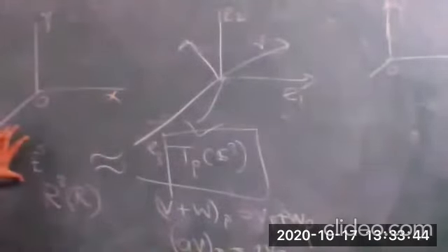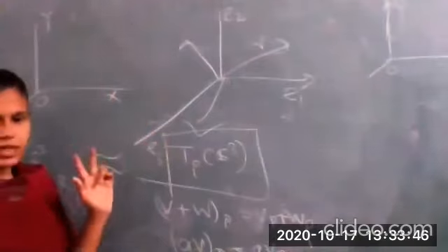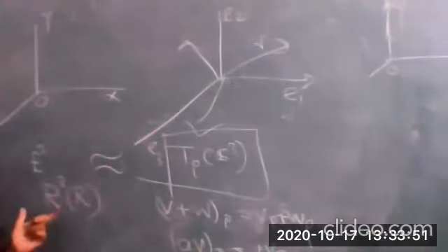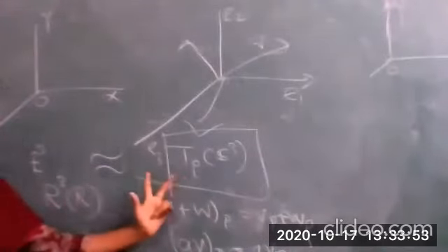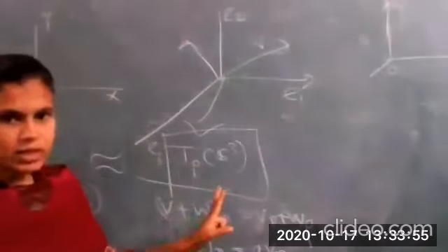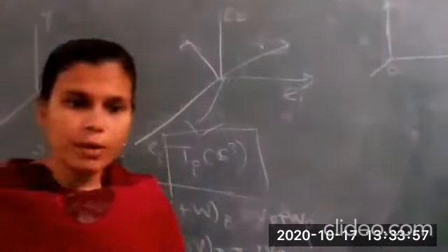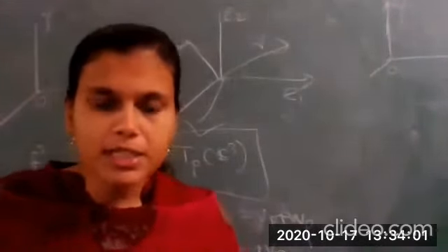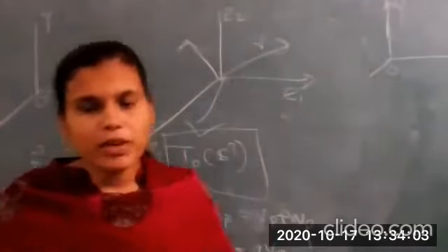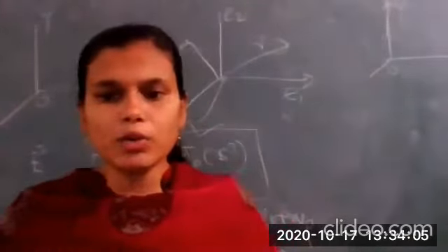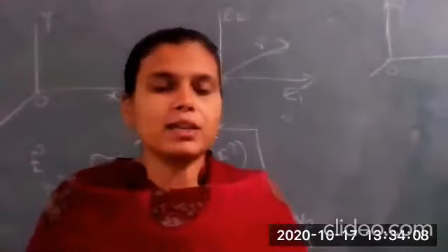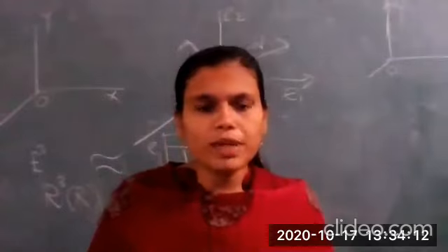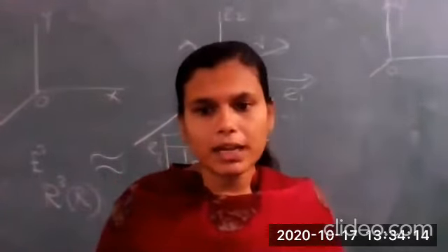So we have E3 is isomorphic to TP of E3. E3, we already know, has dimension 3. And what is TP of E3? It will also have dimension 3 because E1, E2, E3 will form a basis for TP of E3. Why will it form a basis? Because for a finite dimensional space there is no need to prove they are spanning. We simply have to prove they are linearly independent, and just now we have proved that E1, E2, E3 are linearly independent.